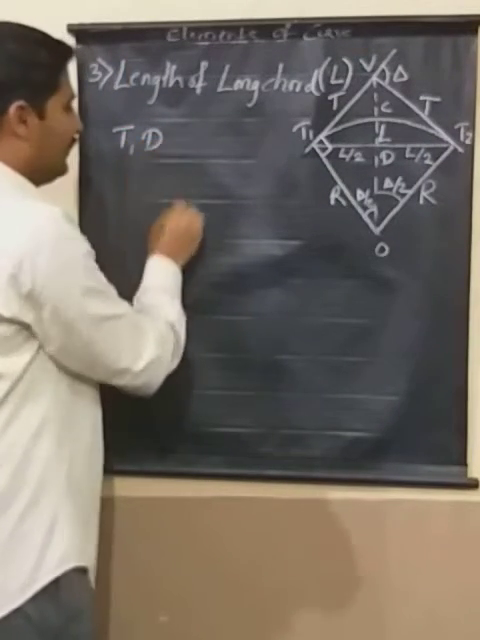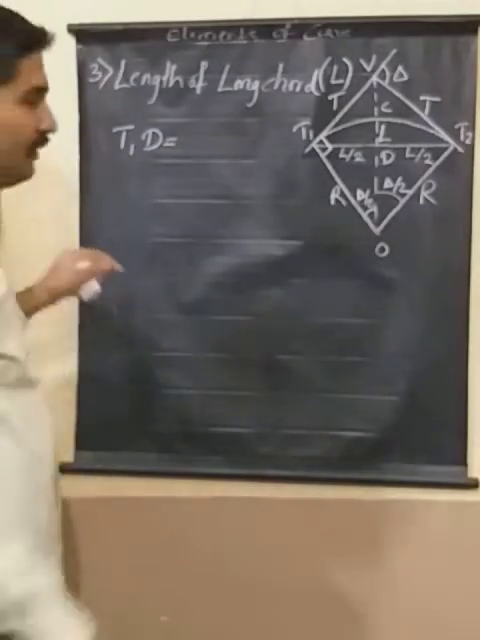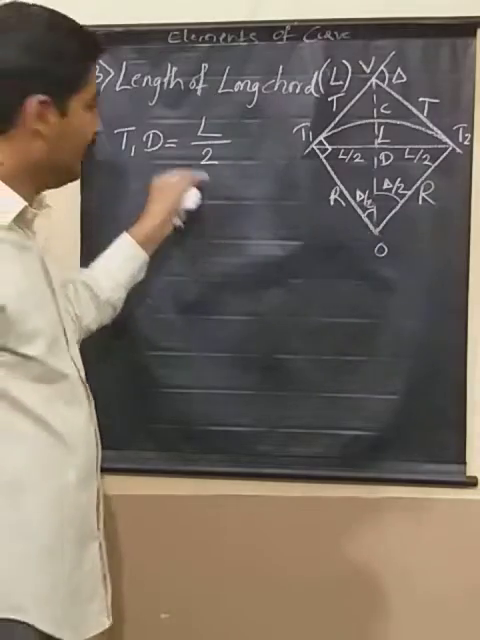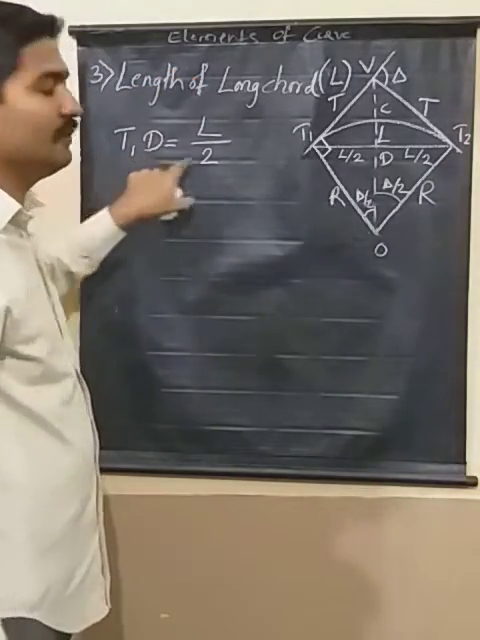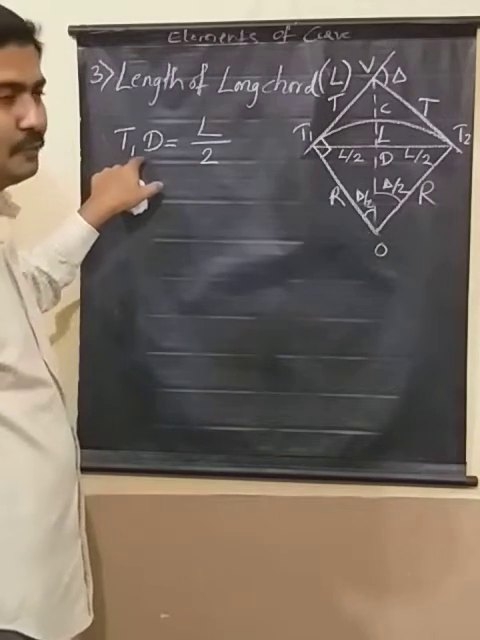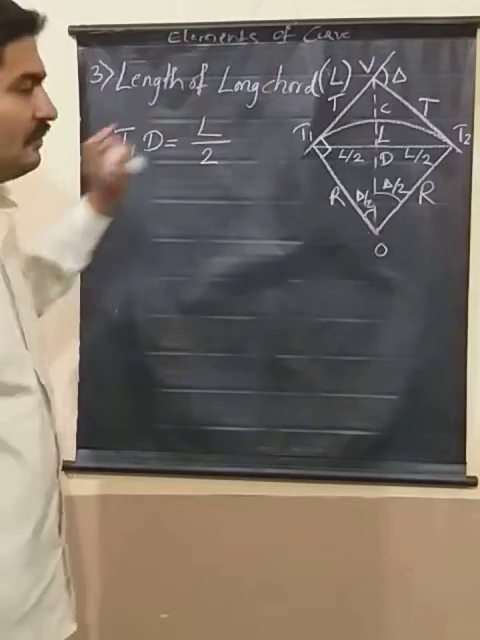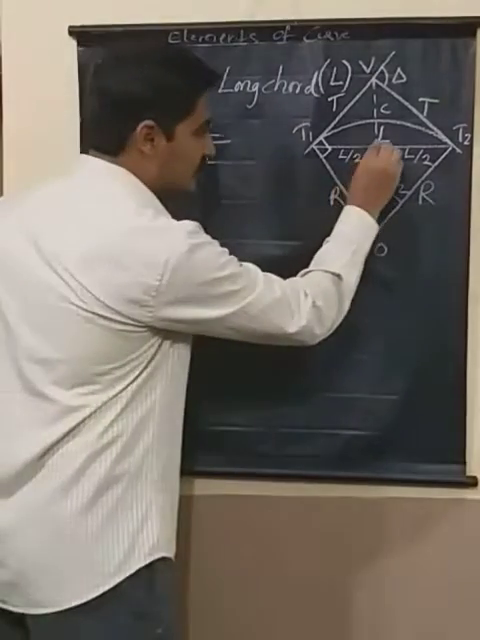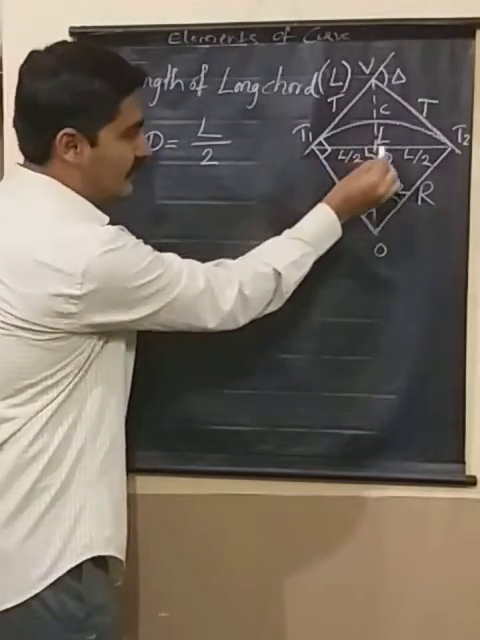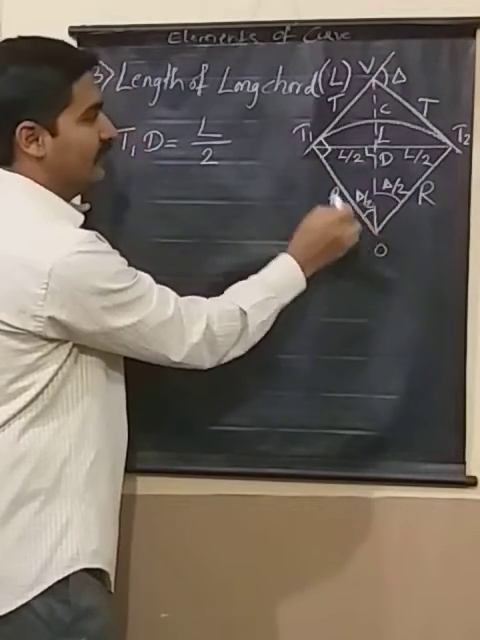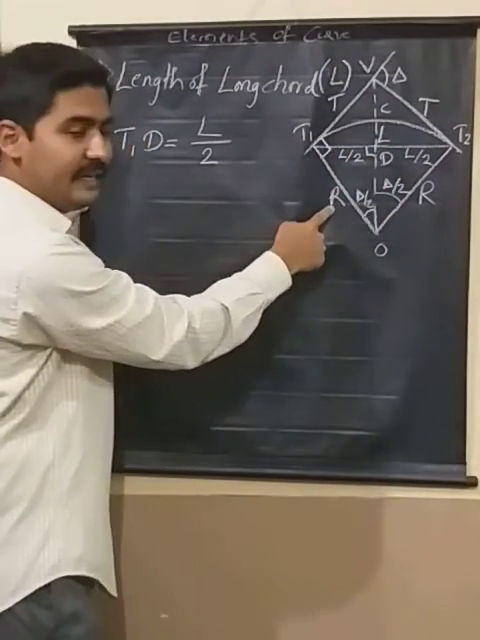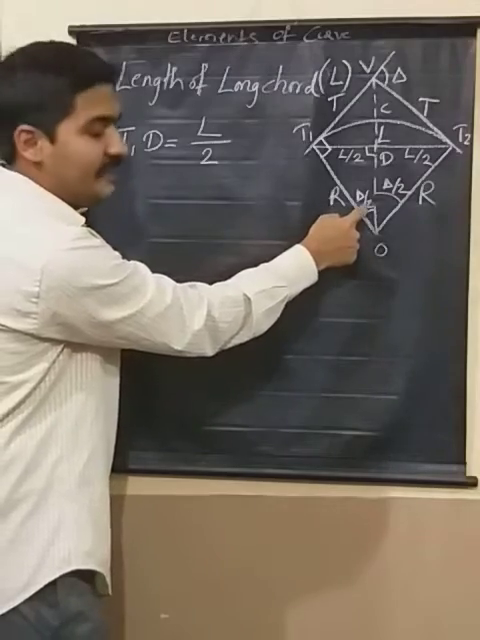T1D, let us see how I am going to find out. T1D is half of the one what I am finding. I am finding L and T1D is going to be half of that. So once I get what is T1D, I am going to multiply into 2 to get what is L, right? So how I am going to get that is, if you just observe, there is one more right angle triangle here. T1DO is a right angle triangle, right? And in this right angle triangle, one of the side of the triangle is R and the angle is delta